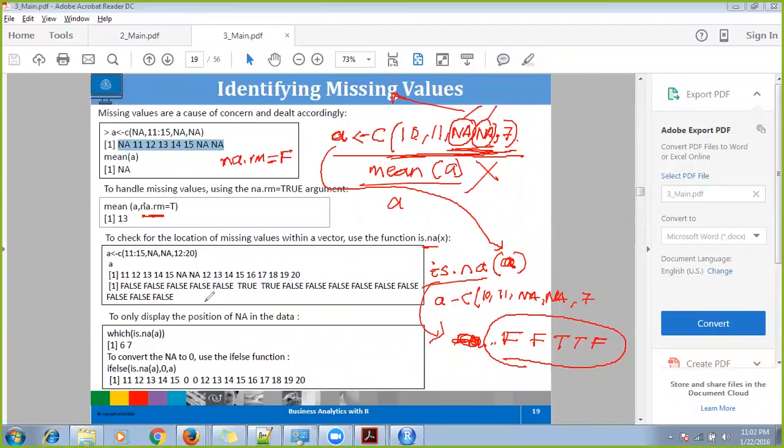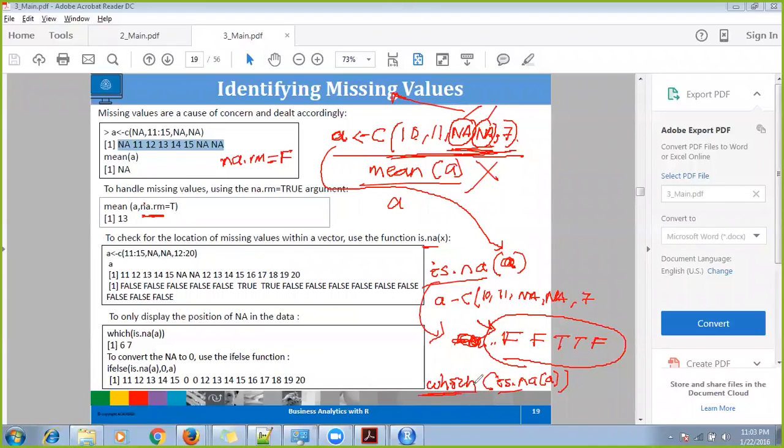That is also a way. This is giving you a logical vector, right? But if you just want to know which index values are missing, then you write a function called which of is.na of A. The same function, but passed to a function called which.